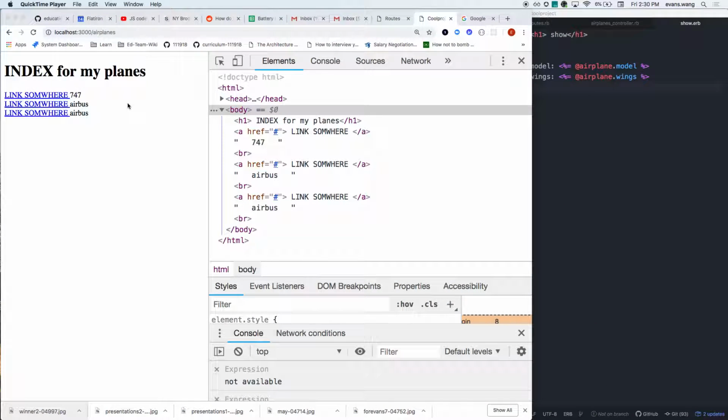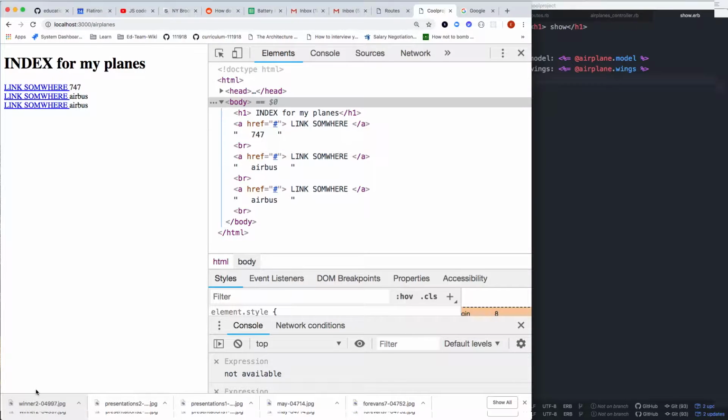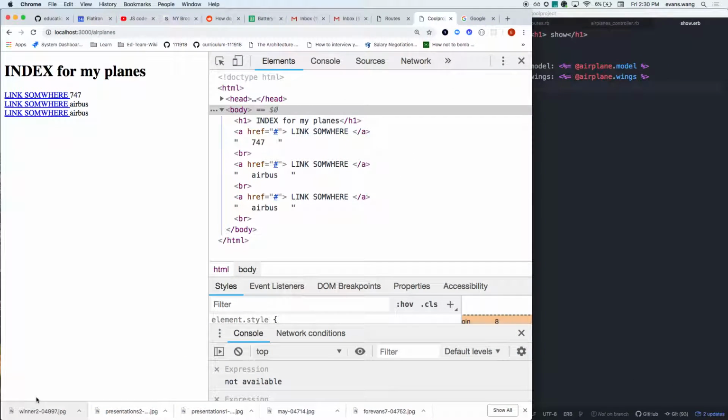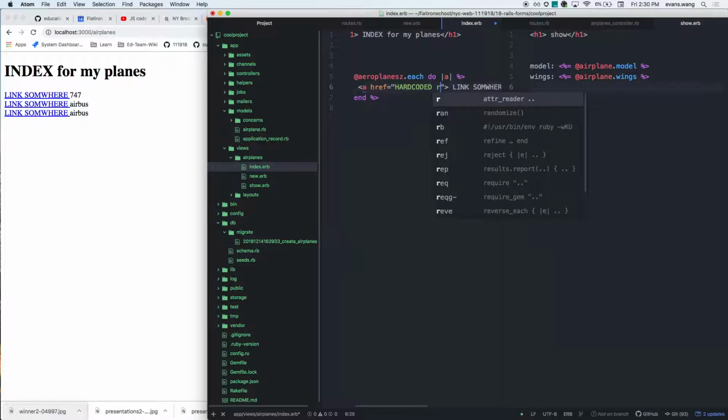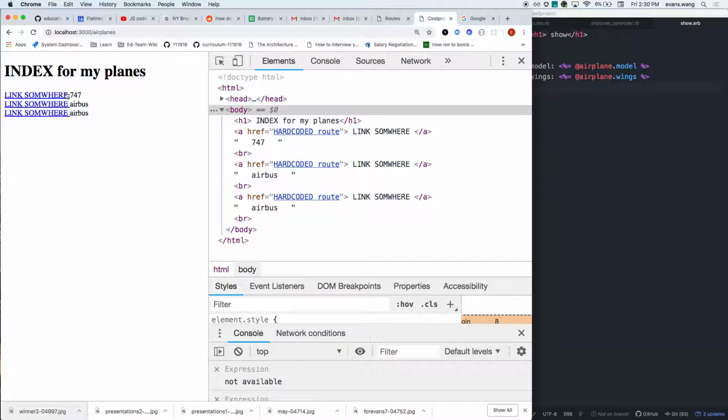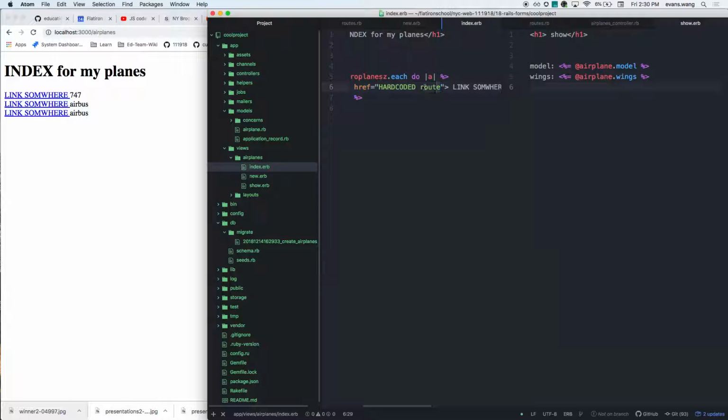Very impressive. Great. So I have this link somewhere. And if you look very closely at this bottom part, as I go, you'll see airplanes pound. If I change this, I'm going to put hard-coded route. And see on the bottom, it says slash hard-coded route. It's exactly wherever it is I type it. Can I infer then that I can probably do something like slash airplanes